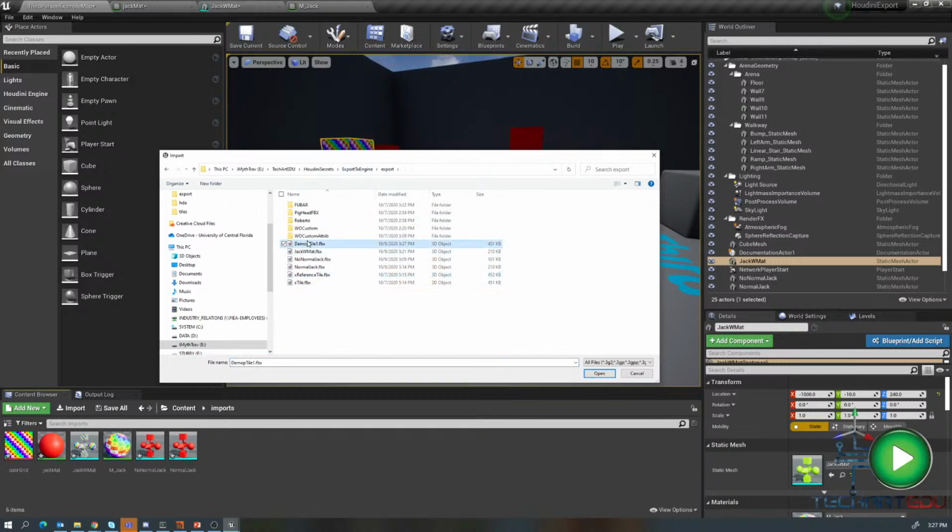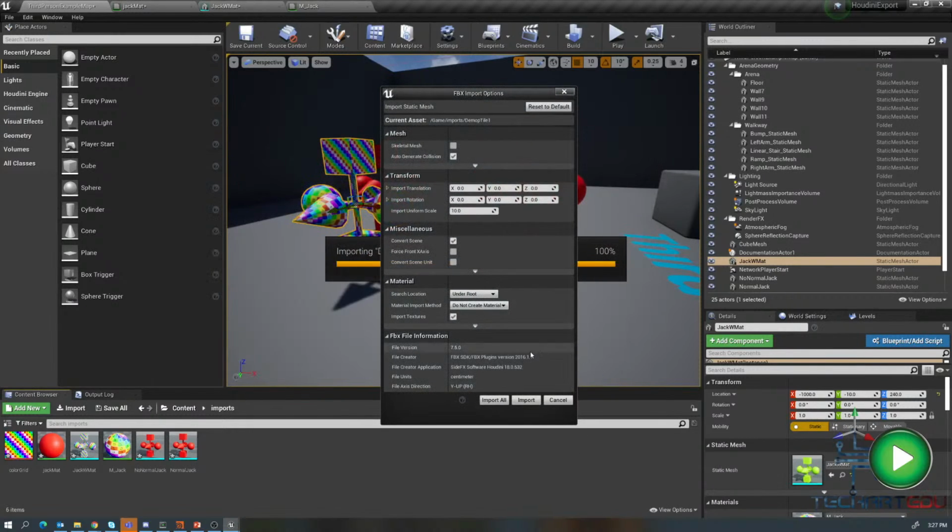Okay, demo tile 1, open that. Now here where it says search location, you go under root. Typically local is the setting. What it's going to be doing is looking in the local directory, and we say, okay, do not bother creating a material because we're using the material that's actually in there, which is the bricks 1 or the wall 2 material. If we import that,